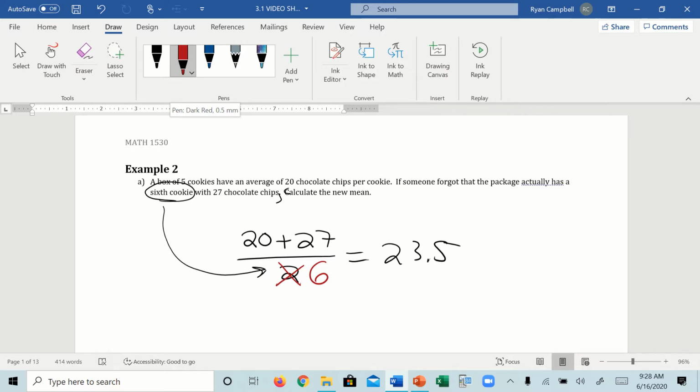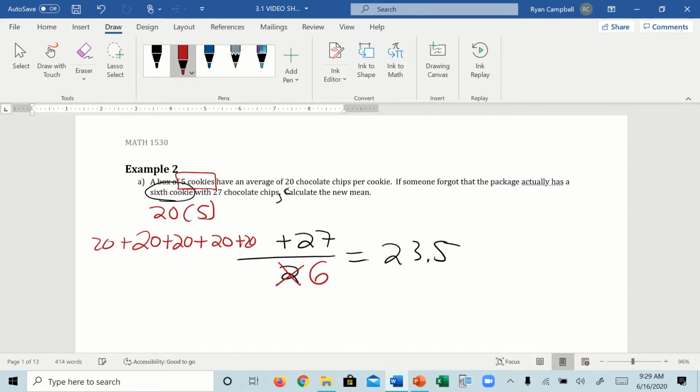Well, how many cookies had an average of 20? 5, right? So in actuality, we can think of it not just as one cookie having 20 chocolate chips, but 5 cookies having 20 chocolate chips. So it would be 20 plus 20 plus 20 plus 20 plus 20, right? Or 20 times those 5 chocolate chips,